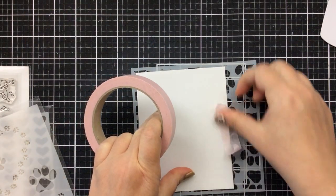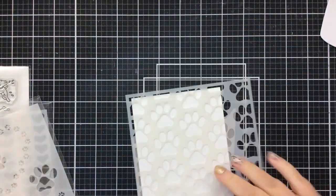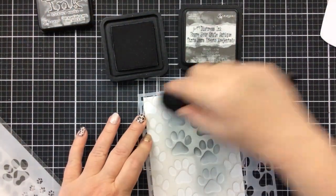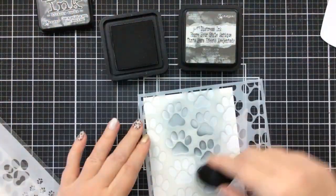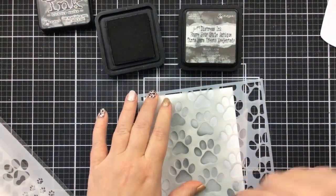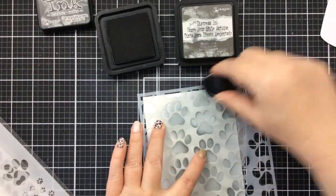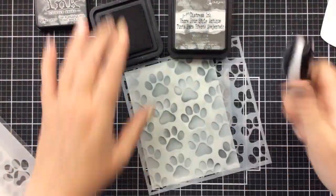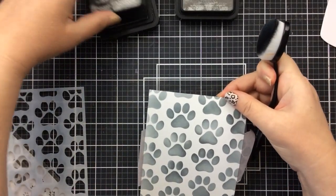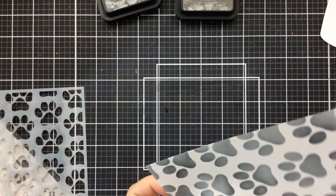I'm going to start by taping my stencil onto the back of my cardstock. And I'm going to use some gray ink. This is Hickory Smoke. I thought I might use some Black Soot, but I wanted to go just a little bit lighter with these paw prints. And Hickory Smoke was the perfect color. I'm using blending brushes again. I find I get a really fun look with the brushes, and it's a little bit softer than using other